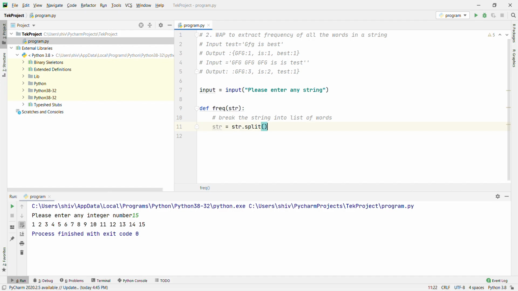Now we are going to find the unique words of the string after the split.